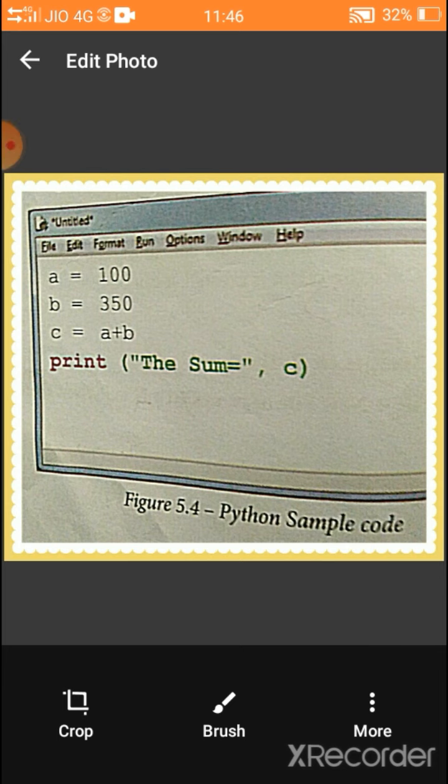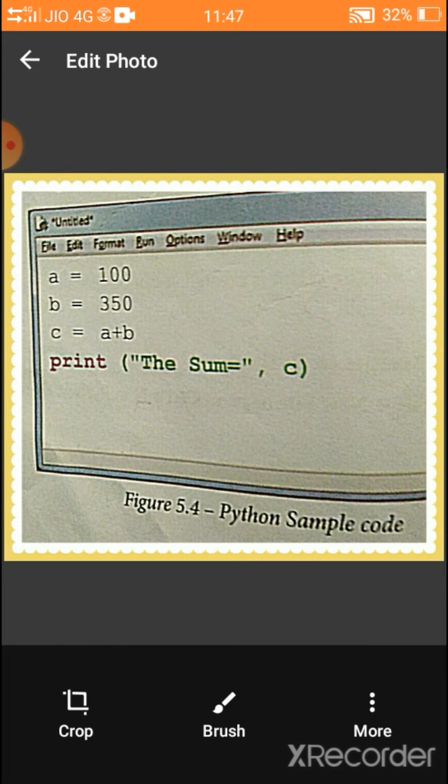After we get into the Python 3.x version, the screen will appear. We have to go to File and get a new file. After that, we have to write this code. A equal to 100, B equal to 350, C equal to A plus B. Then the print statement displays the output of C. We can print multiple values. The first is a string value. It is enclosed within double quotes. Then put a comma for printing another value.